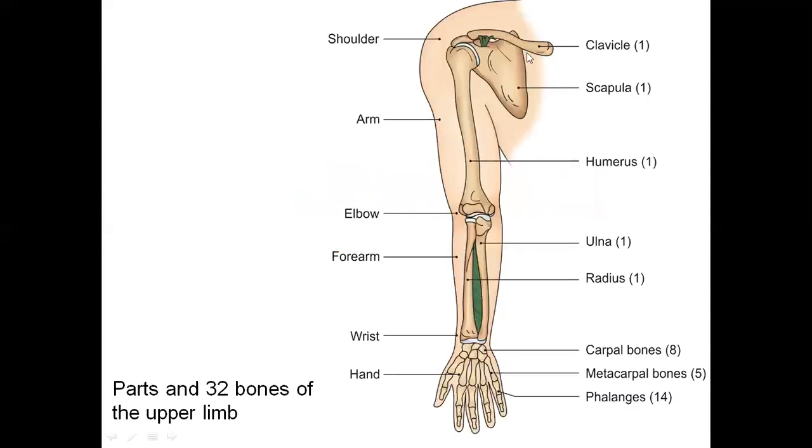Overall, as an introduction, I will tell you the various bones we see in the upper limb. We see the clavicle anteriorly, behind we have the scapula, we have the humerus in the arm, this is the elbow joint, and in the forearm the medial bone is the ulna and the lateral bone is the radius. We have carpal bones, which are 8 in number, metacarpals, which are 5 in number, and phalanges, which are 14 in number. Overall, we have 32 bones in the upper limb. You can make a total over here.